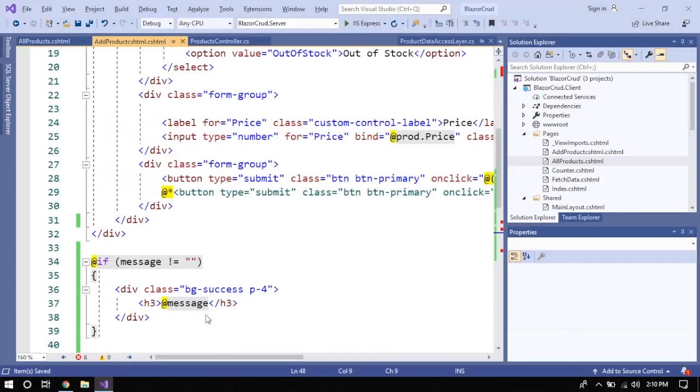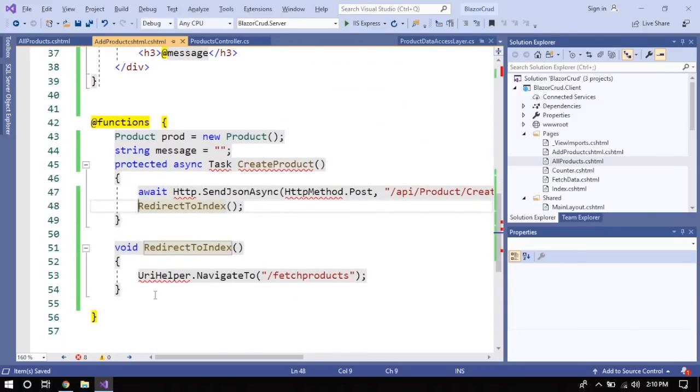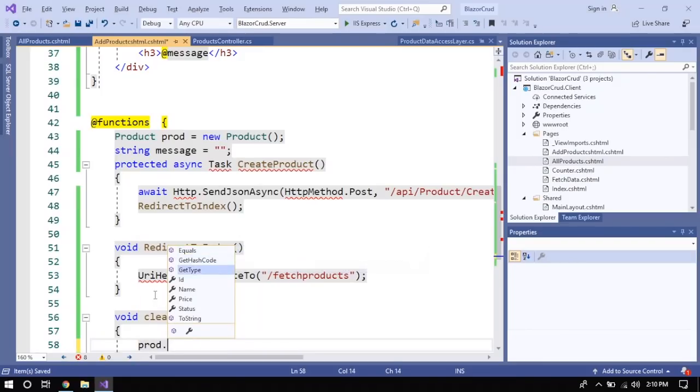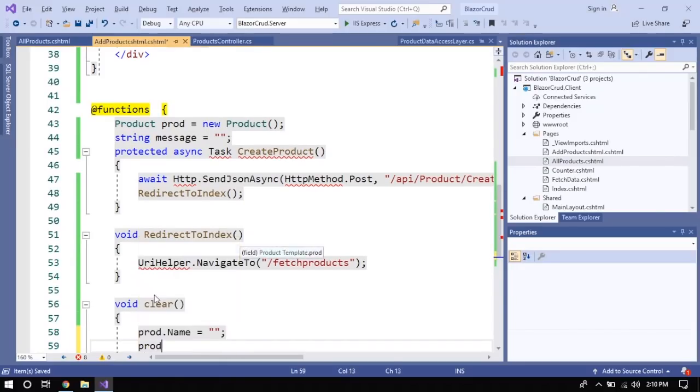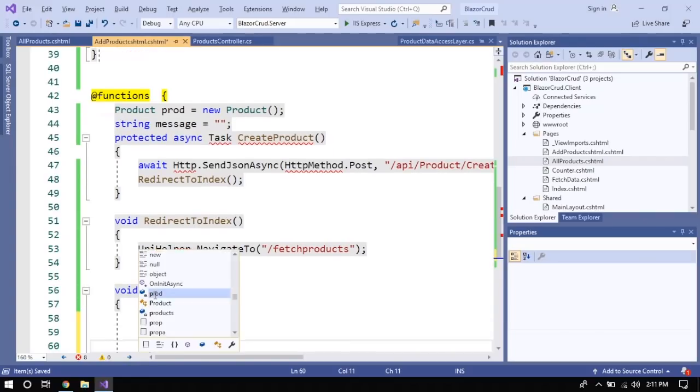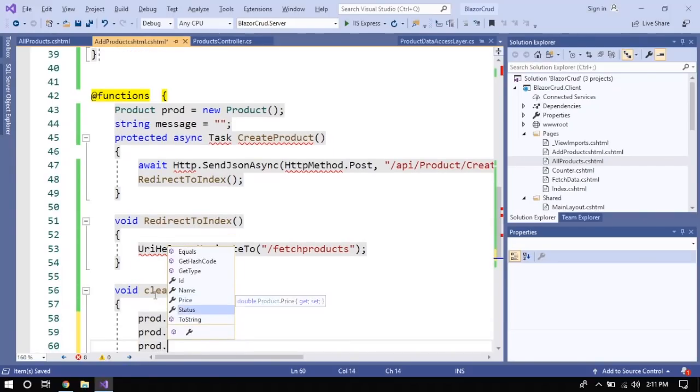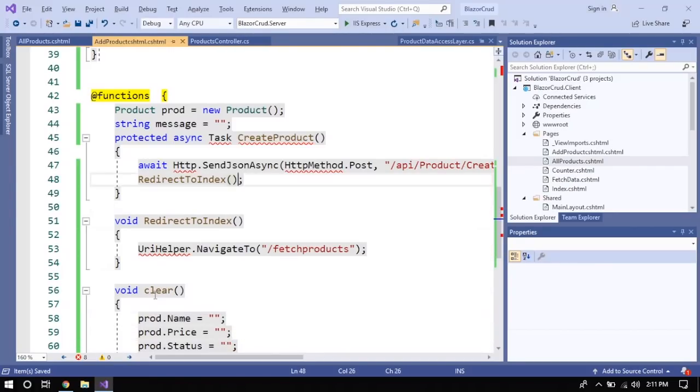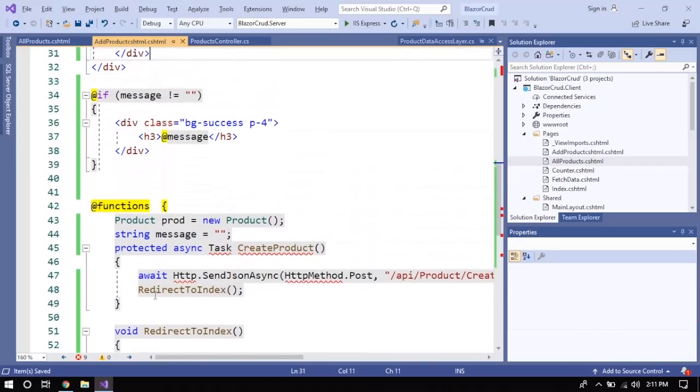So for that, I'm going to create a clear method over here, void Clear, and what I'm going to do is to give all the things as null, right? So prod.price is equal to something like empty. I'm just making everything empty, right? So after clicking that particular button, it will